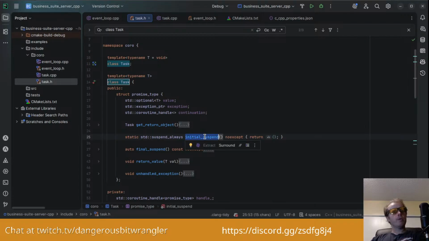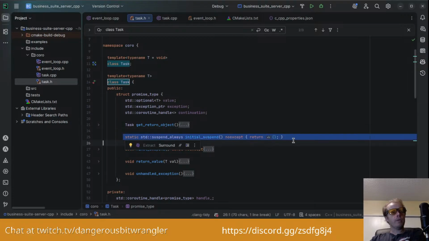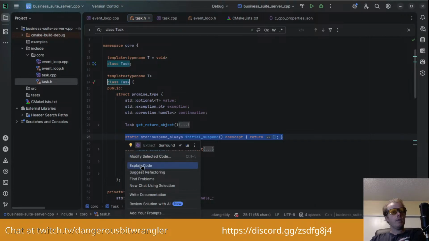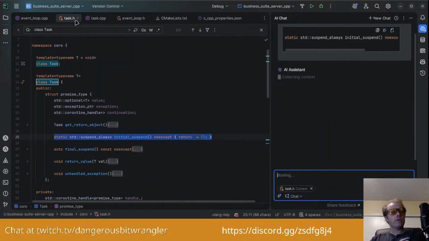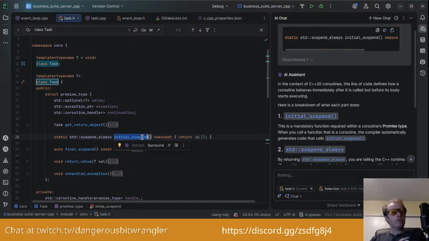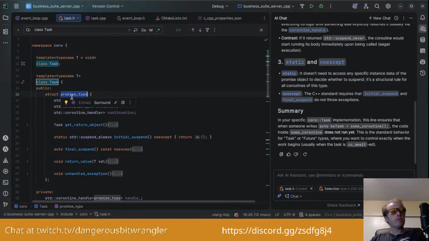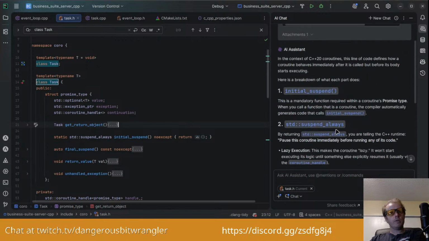Then we have some supporting methods, like initial suspend, which does nothing. Matter of fact, if I recall, when I looked this up, I think the AI's explanation was that it can get ignored by the compiler, or when it goes to use this promise type, it's going to try to call this, but I think it'll tell it not to call it.